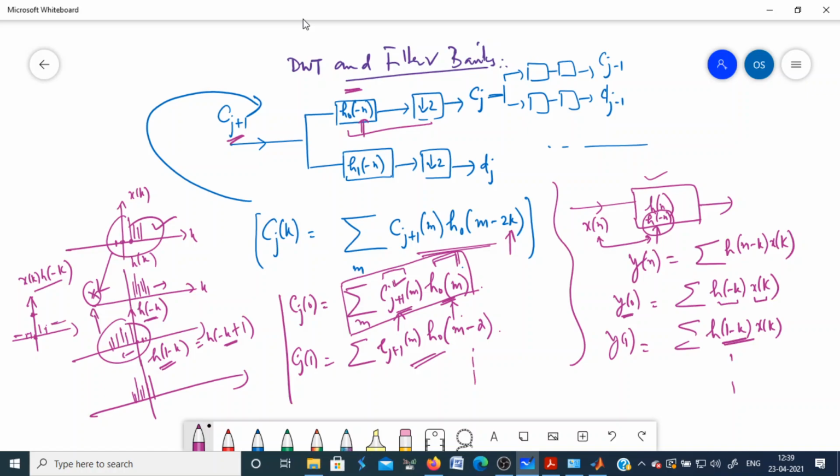Okay, so you multiply and you get 0. Then for k equal to 1, see what we have done here: you folded it, then shifted by 1 to the right, and then multiplied and added together. Now here you are not folding it, you are simply shifting it by 2. So for 1 you are shifting by 2, which means you are now getting this as output at 2.